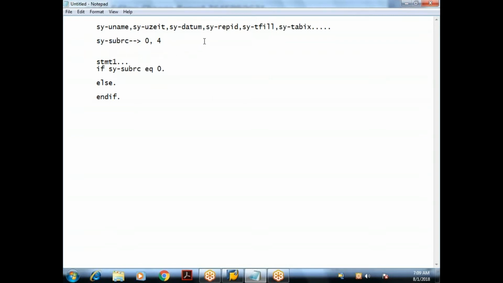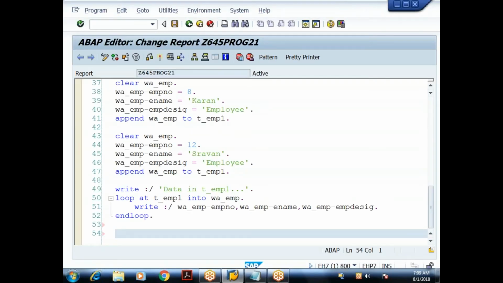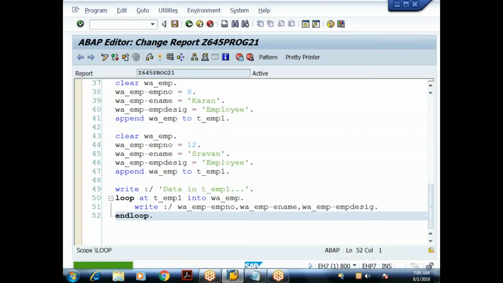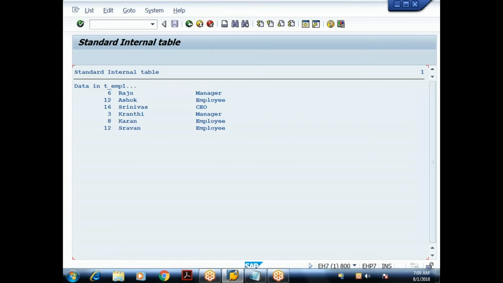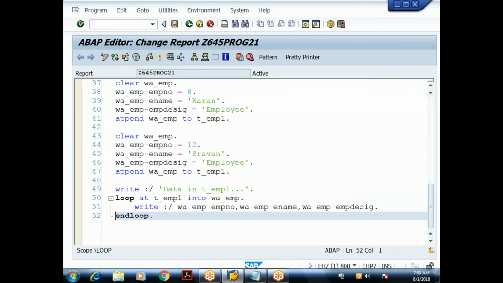One of the statements we are trying to discuss here is the read statement. What is the purpose of the read statement? It is used for reading a specific record from the internal table. If the read statement is successfully executed, sy-subrc will be set to 0. Otherwise it is set to 4. My requirement in this context is to read the third record, so the index is 3. The read will read the data from the body and populate that record to the work area.